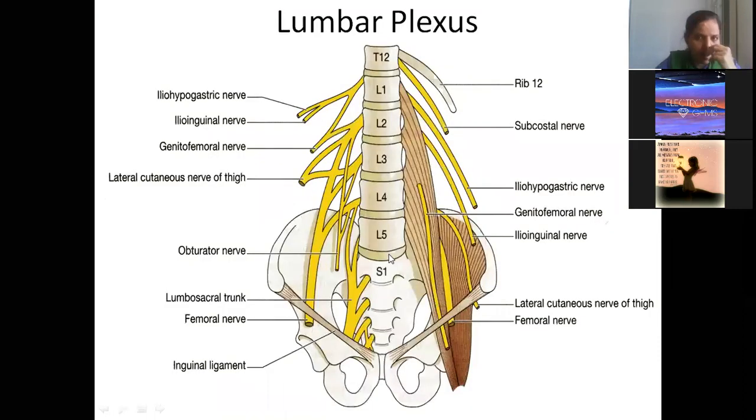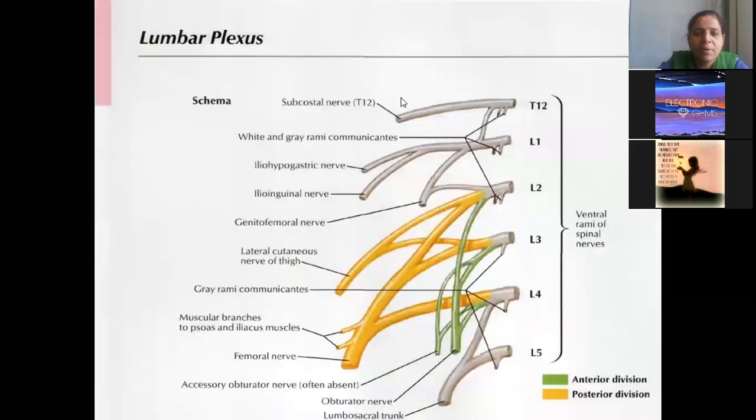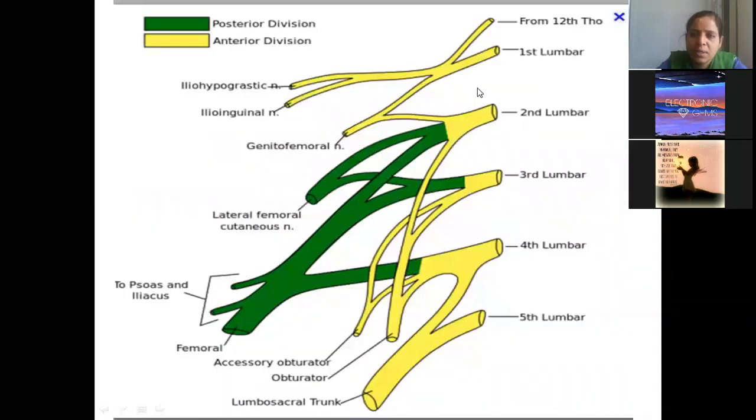Okay, so lumbar plexus. Where do we see? See, these are the last thoracic vertebra, and then we have lumbar vertebrae. In between the lumbar vertebrae, we have the intervertebral disc. If you remember, we have intervertebral foramina also. From the intervertebral foramina, we have the lumbar nerves L1, L2, L3, L4, and L5. They will be taking part in the formation of lumbar plexus. T12 may be there or may not be there. T12 is actually joining the first lumbar. You call this the subcostal nerve. Then first, second, third, fourth, and fifth lumbar nerves.